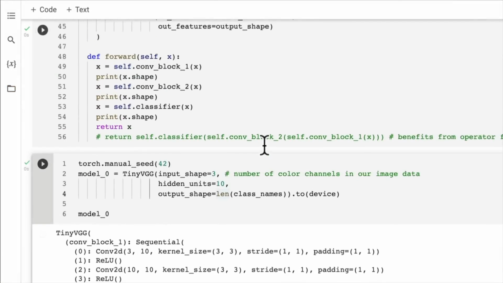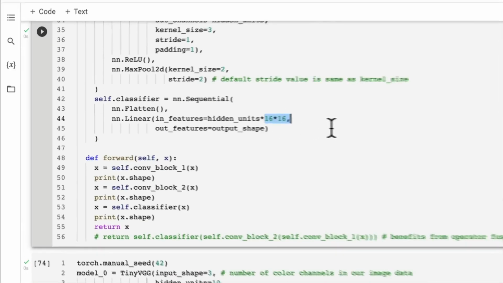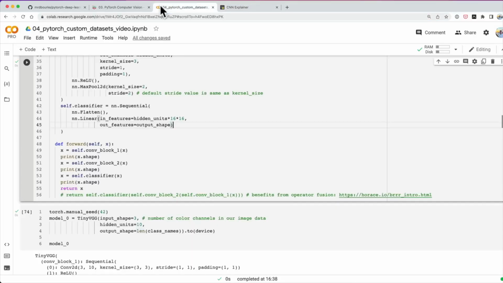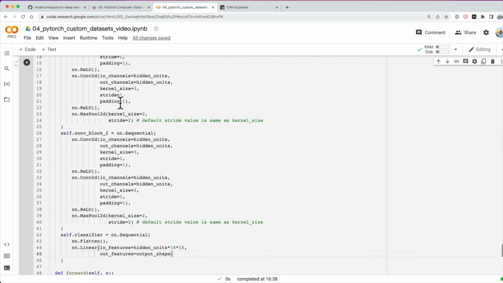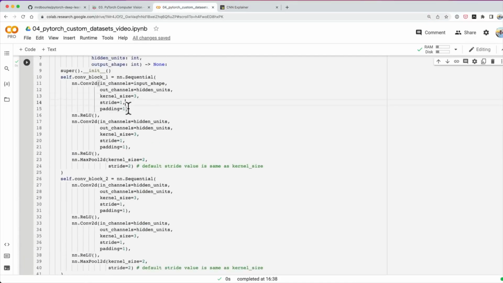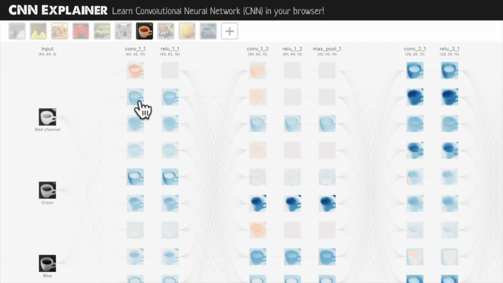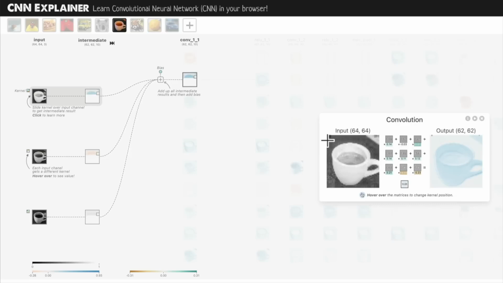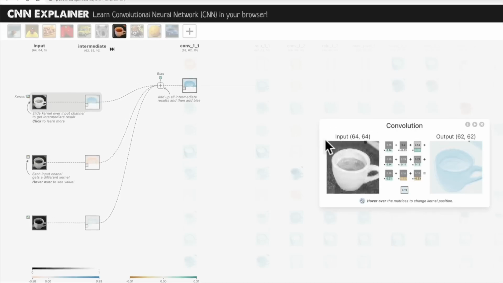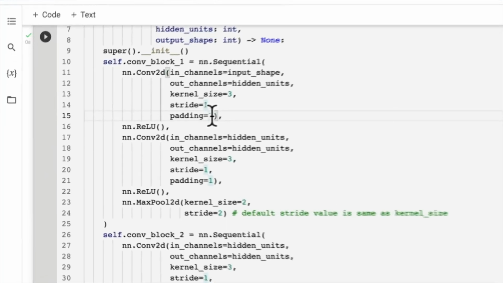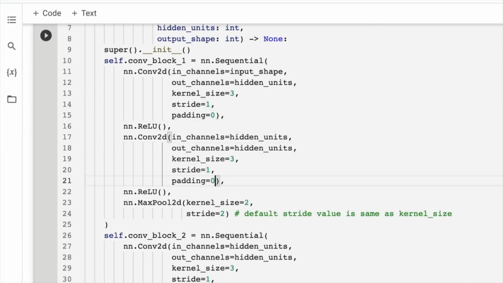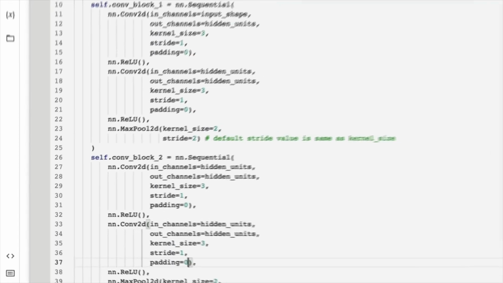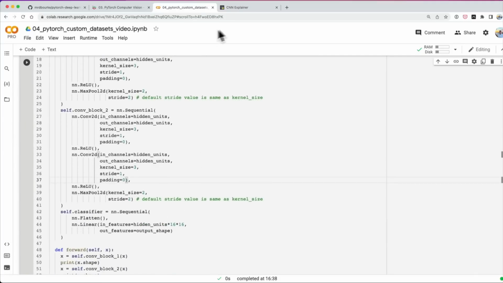But I think our number is a little bit different to what's in the CNN explainer. 16, 16, how did they end up with 13, 13? You know what? I think we got one of these numbers wrong. Kernel size, stride, padding. Let's have a look. Jump into here. If we wanted to truly replicate it, is there any padding here? I actually don't think there's any padding here. So what if we go back here and see if we can change this to 0 and change this to 0. I'm not sure if this will work, by the way. If it doesn't, it's not too bad, but we're just trying to line up the shapes with the CNN explainer